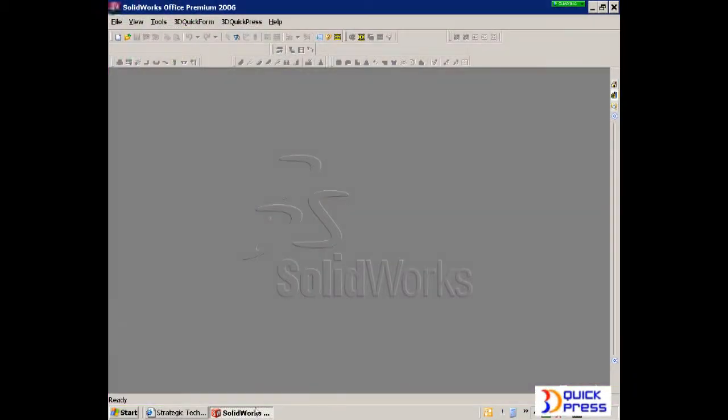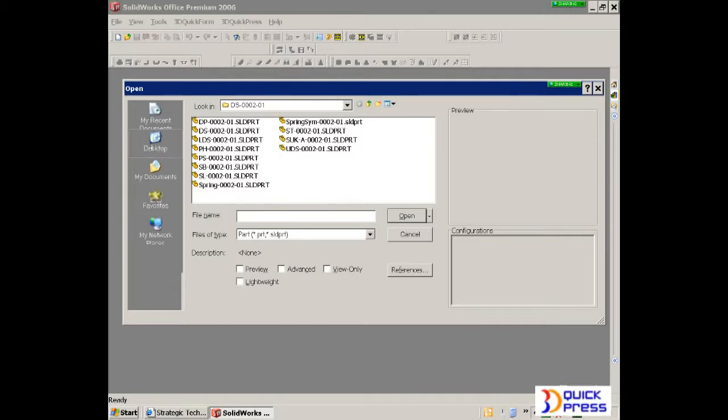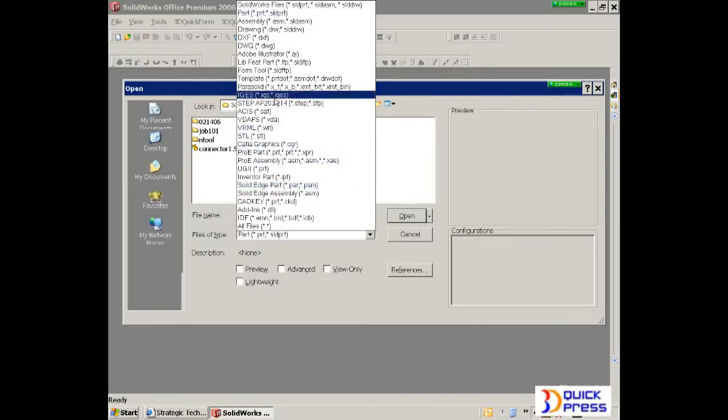I'm going to jump into SolidWorks here. I'm going to just go up here and say File, Open. SolidWorks gives us the capability of pretty much translating any type of component. So all I have to do is go down to my file types, and you can see that you can